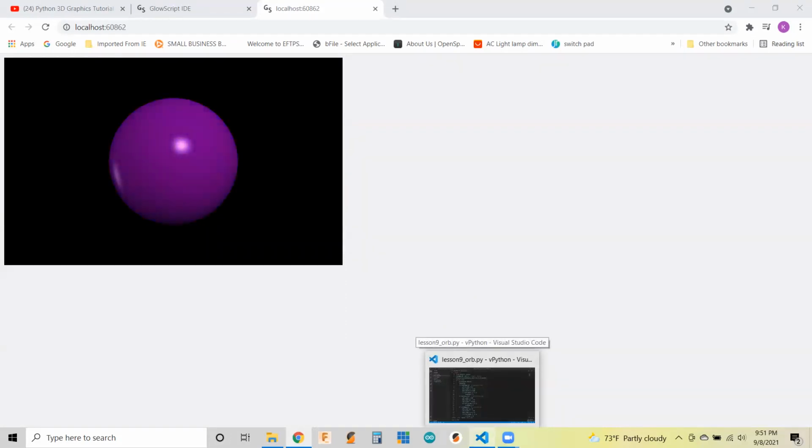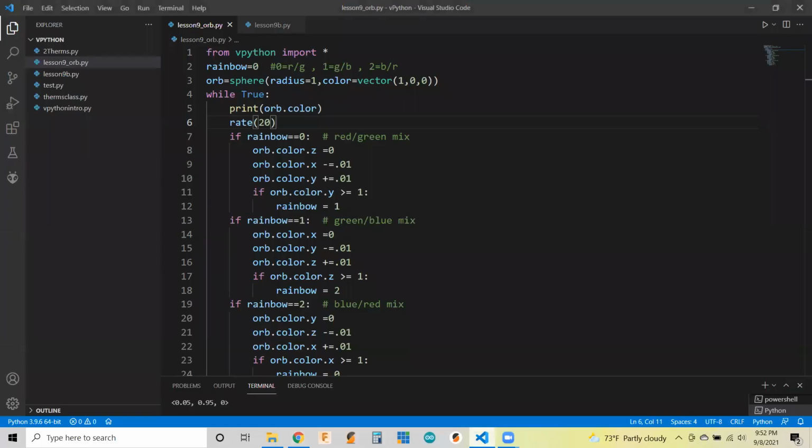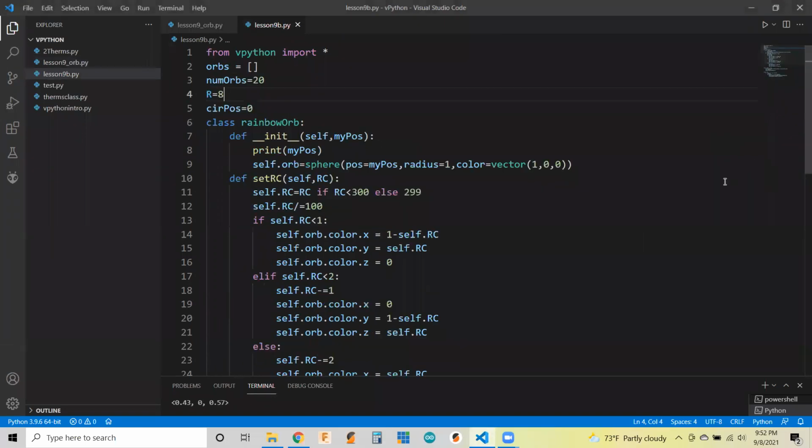This is just the one sphere changing colors in a rainbow fashion. So that's the code for that, but I decided I'm going to try to do something different. So going back, to make multiple